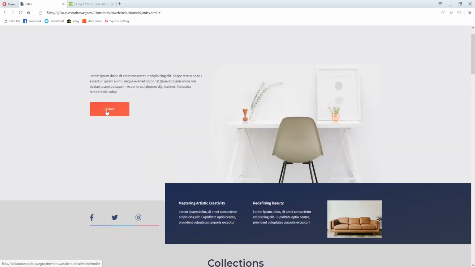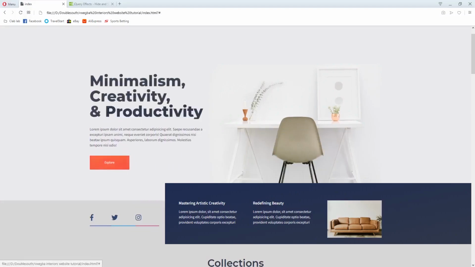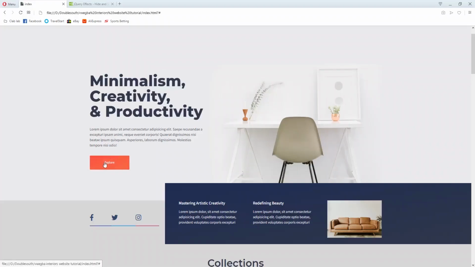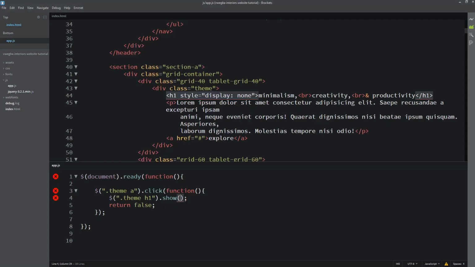And these hide and show methods also have toggle. So if you want it so that when you click, it hides, and when you click again, it shows, you do something like that. If you come here, you see toggle.